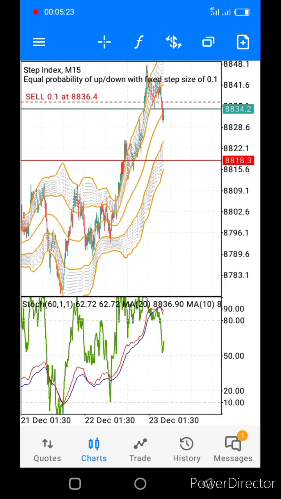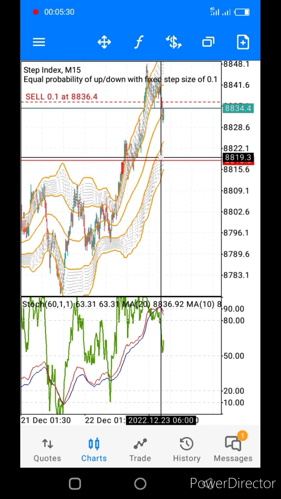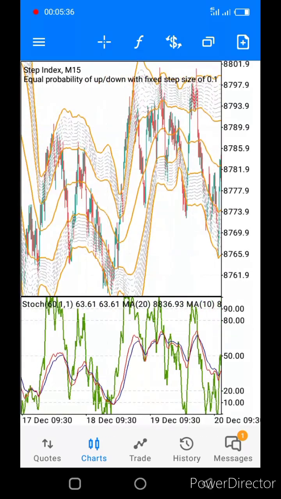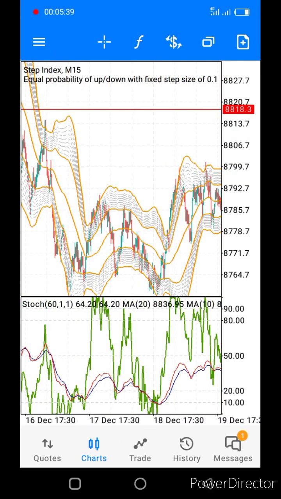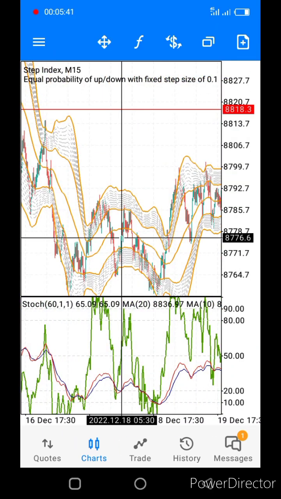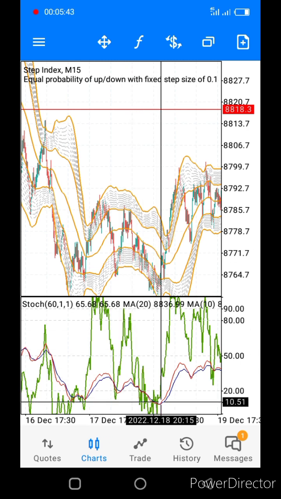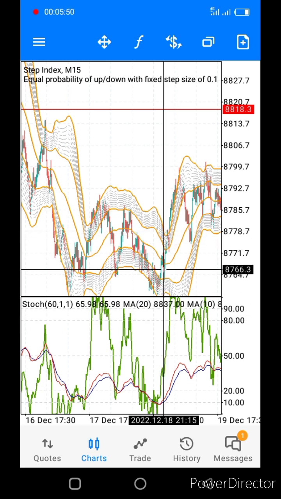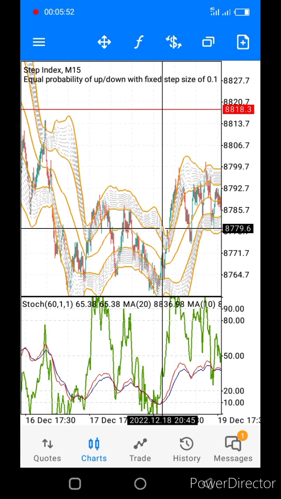So you take your entry when there's a crossover at the 90 zone, and that time the candlestick will close outside this boundary line. And if it is a sell, it is the same thing. Let's look for a perfect sell here. This is it. Can you see it here now? And this is 15 minutes time frame. So you see that crossover, the candlestick will close outside, and the market will hit 90 with the stochastic line, or when it touches the second